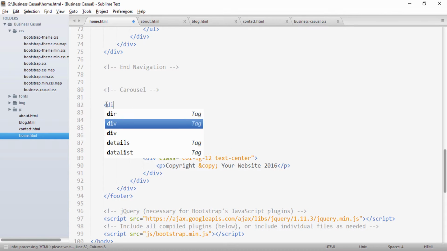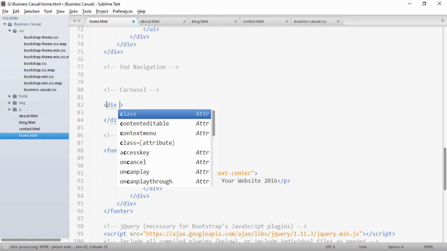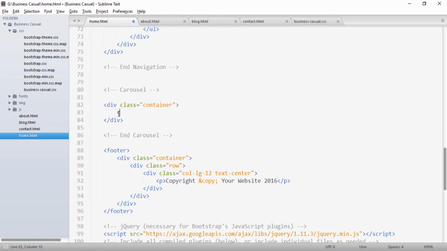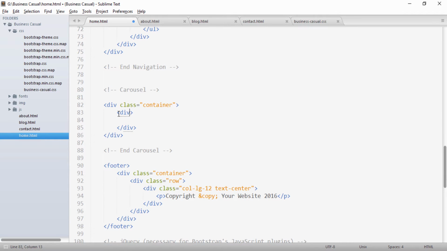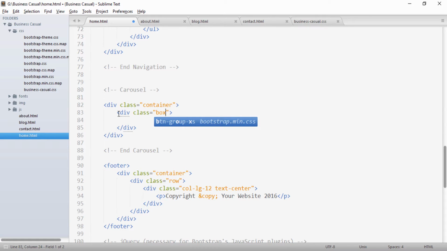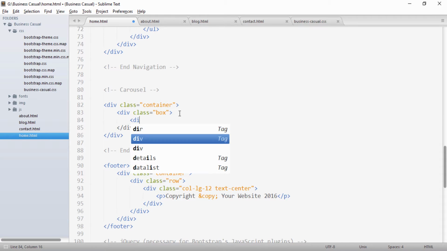So friends, first I will create a div, and into this div I will provide a class of container. Inside this container I will create a div, and to this div I will provide a class of, say, box. The CSS for box I will be providing in business-casual.css, and inside this box we'll create